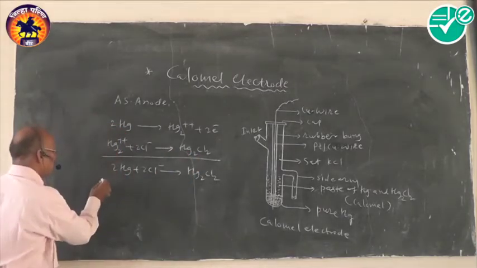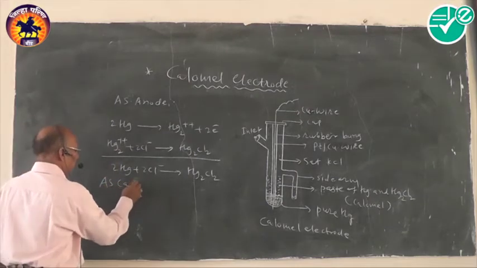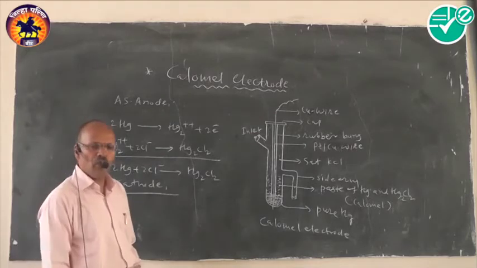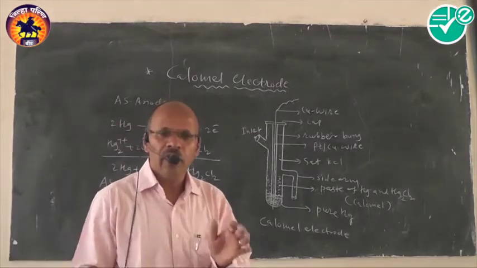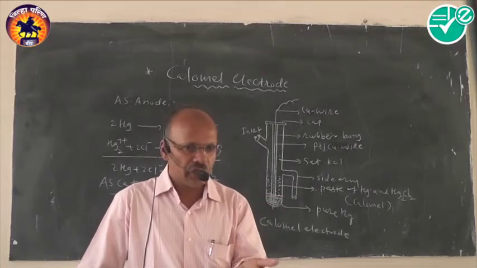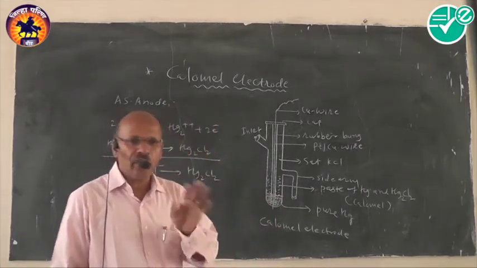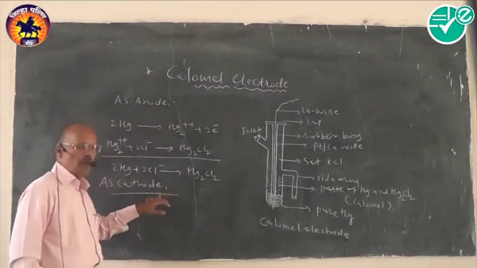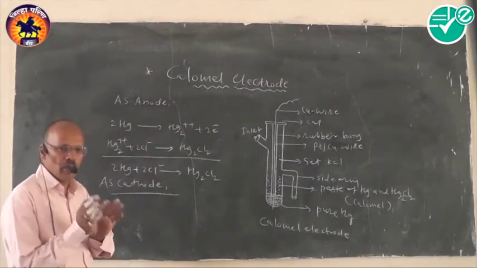Then we have the second thing. This electrode can act as a cathode. Now how will it act as a cathode? This electrode will act as a cathode whenever it is connected with the other electrode having more electron losing tendency. When the other electrode acts as an anode, with electron losing tendency, this one will follow the role of the cathode. Now it is following the role of the cathode.